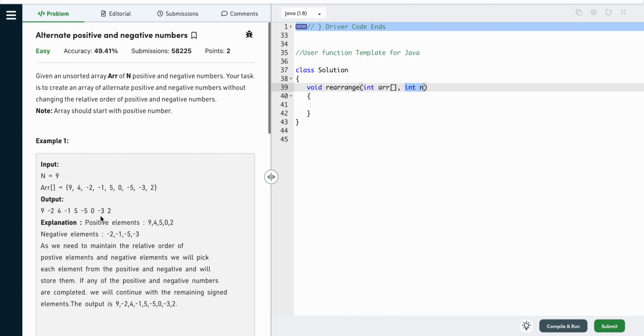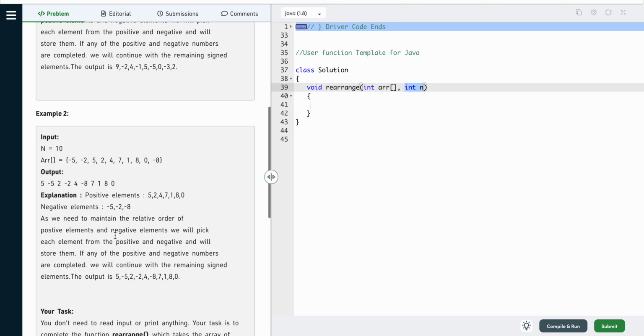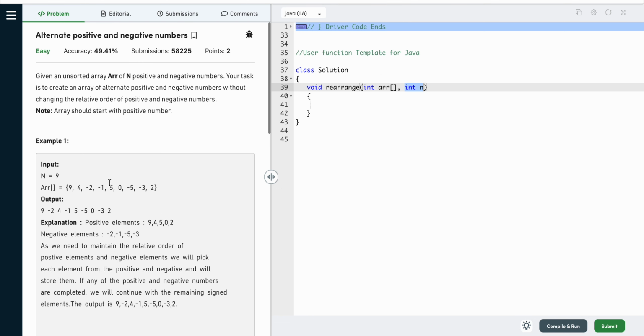Okay, so this seems easy. But doing it in the same array will be a bit challenging, because you have to check it by keeping two pointers. By keeping two pointers you have to check for the positive and the negative values. But if we store the positive and negative values separately in queues,